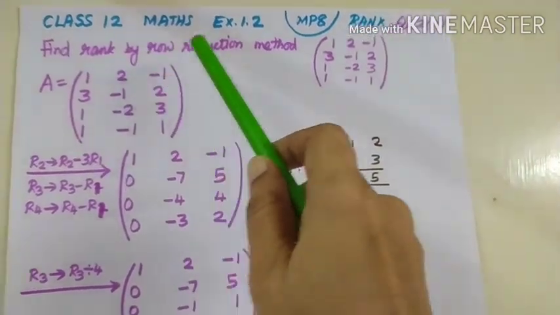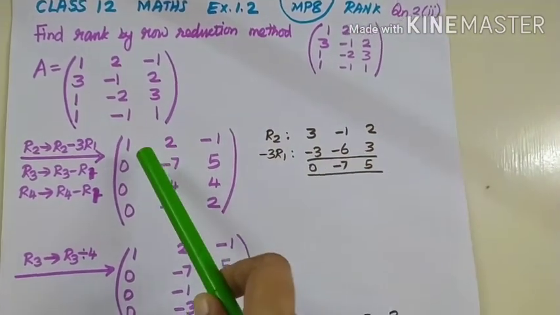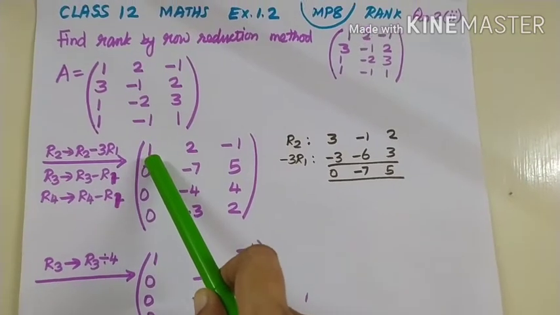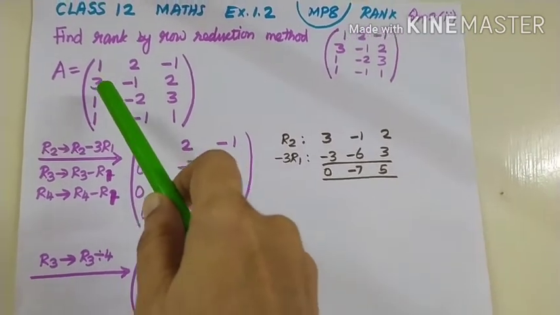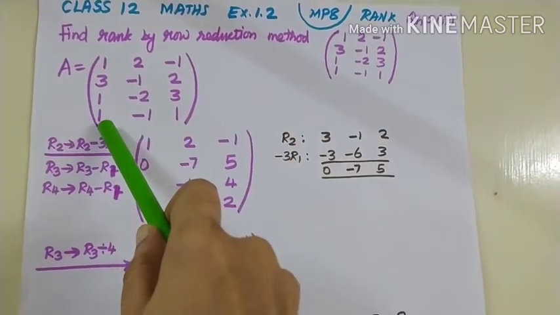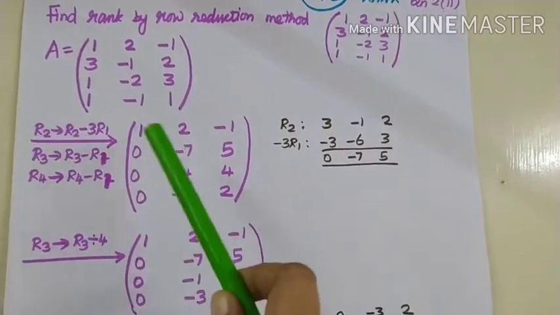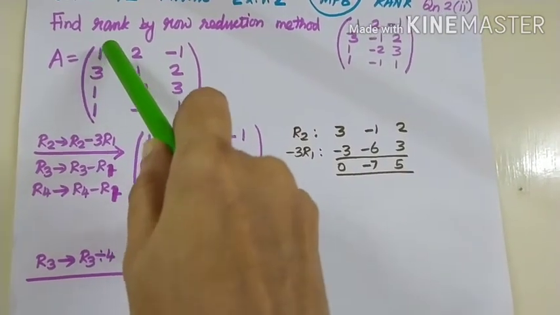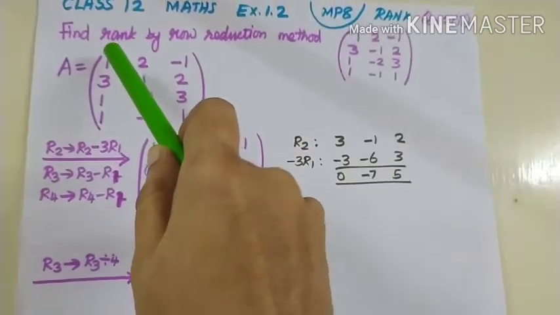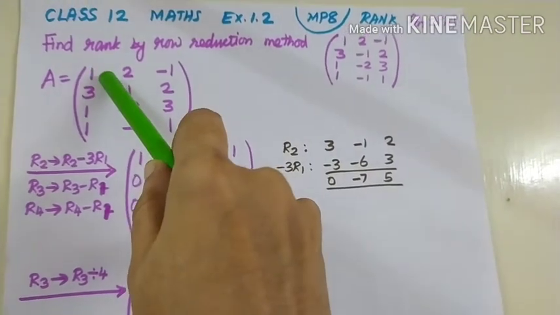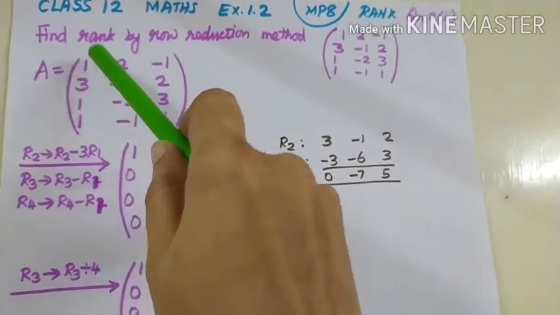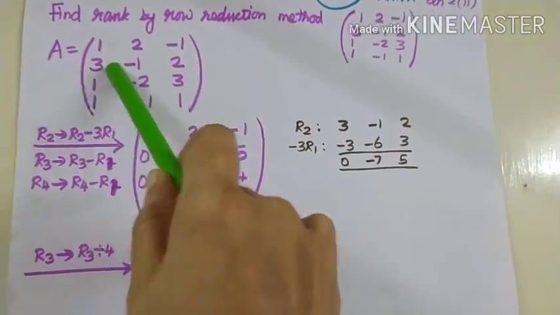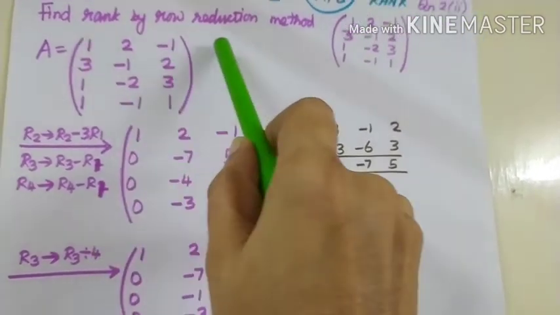So, we are using row reduction method, means first row, first element, it should be non-zero, most appropriately 1. Try to achieve zeros in second, third and fourth rows. To bring about 0, look at the elements. Here there is a 3 and here there is a 1. So, all these elements multiply by 3 and then subtract, so that 3 minus 3 will become 0. So, row 2 becomes row 2 minus 3R1.